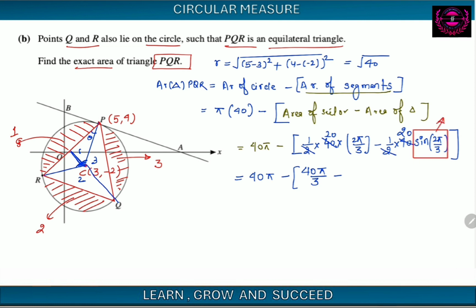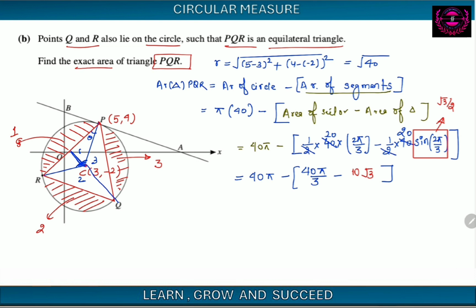Sine 2 pi by 3 is the same as sine pi by 3, so root 3 by 2. You can calculate it by using a calculator, so this will become 20 into root 3 by 2, which is 10 root 3. So the final answer will be,